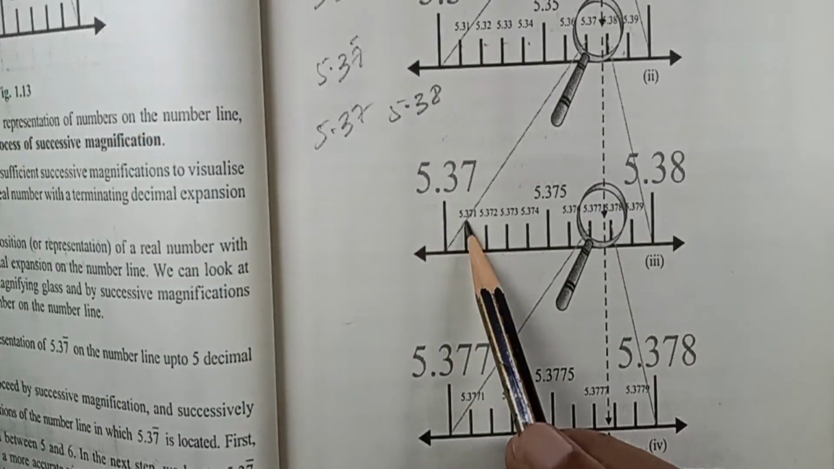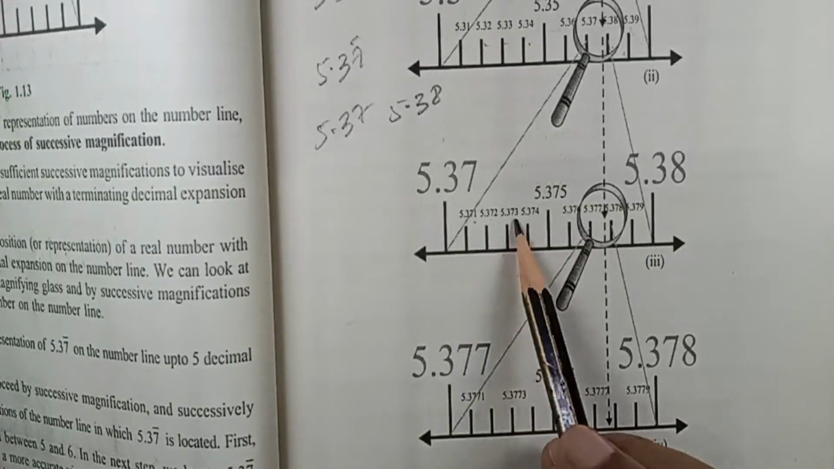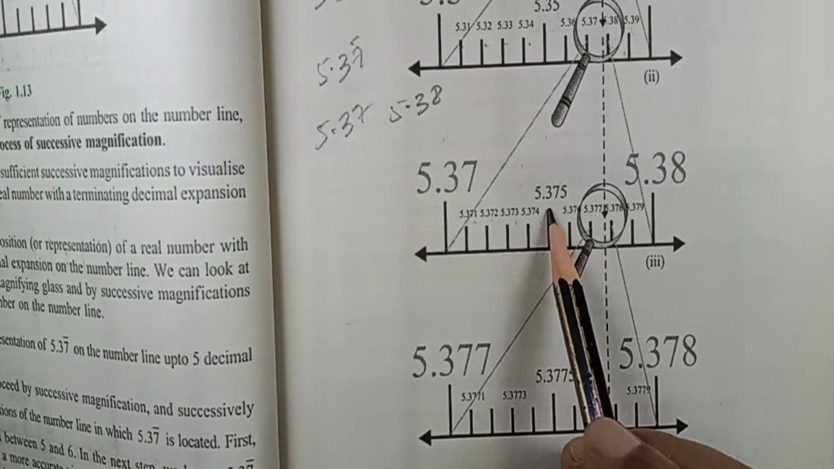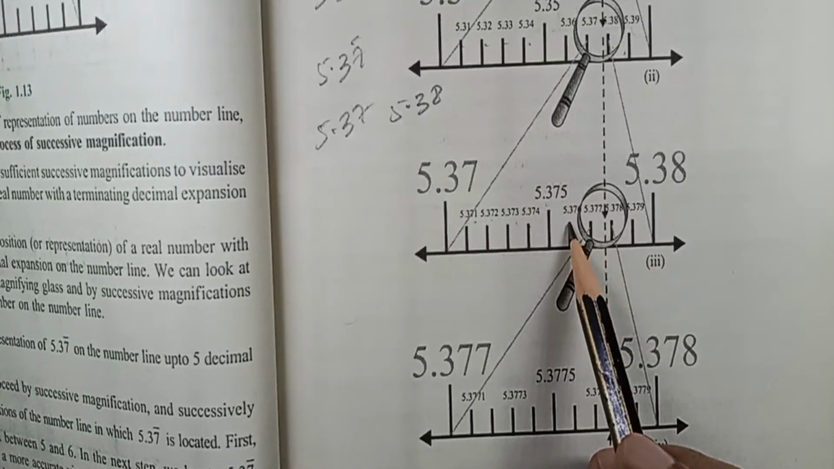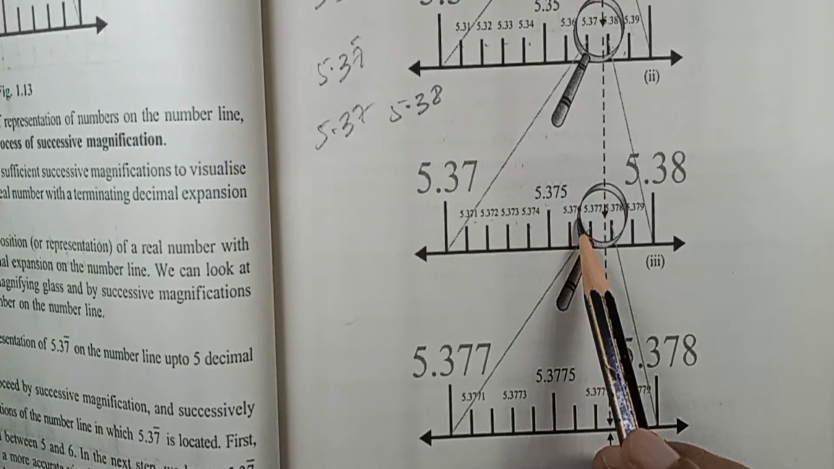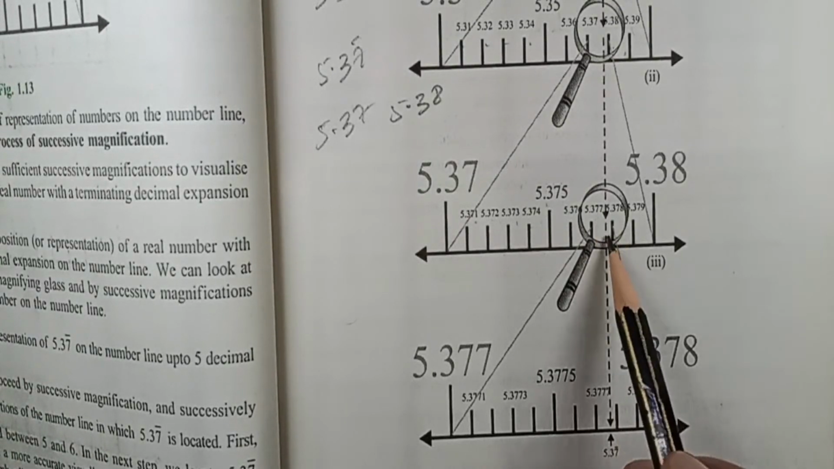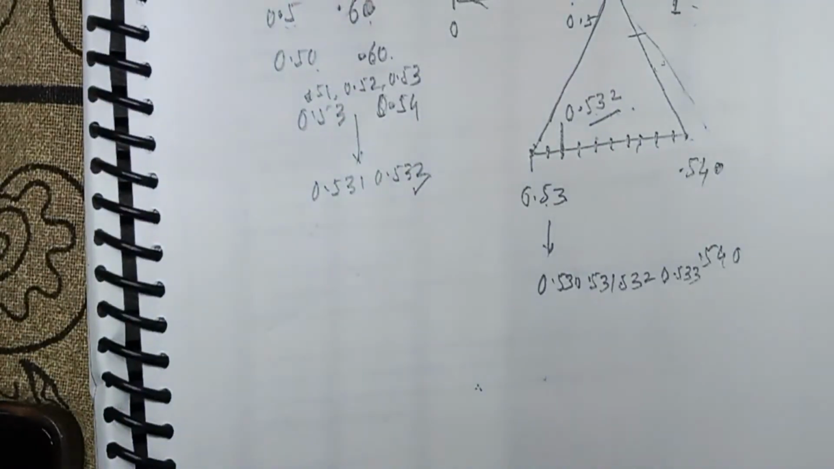So it will be 5.371, 5.372, 5.373, 5.374, and here it will be 5.375. This will be 5.376, and this will be 5.377. Okay, so in the new book this question is like this: